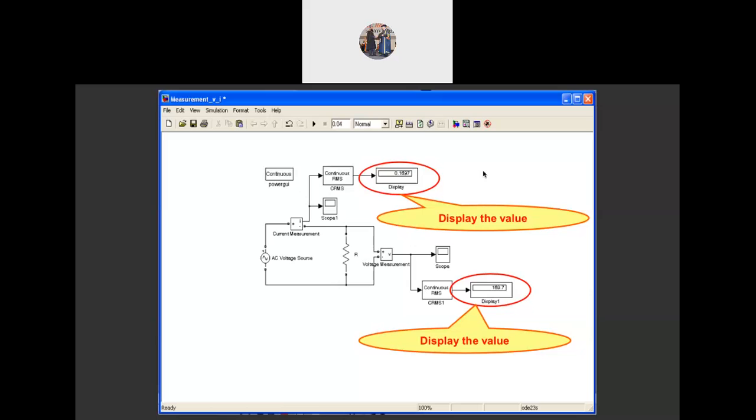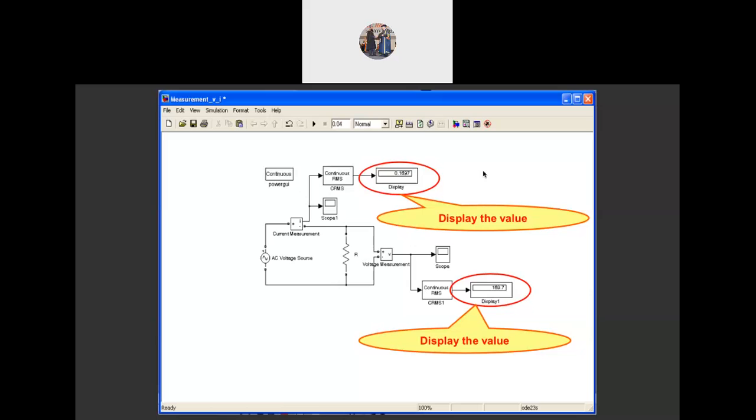Simulink block. So how to create your own Simulink block? You have to do some programming in order to set the function of your design block set.